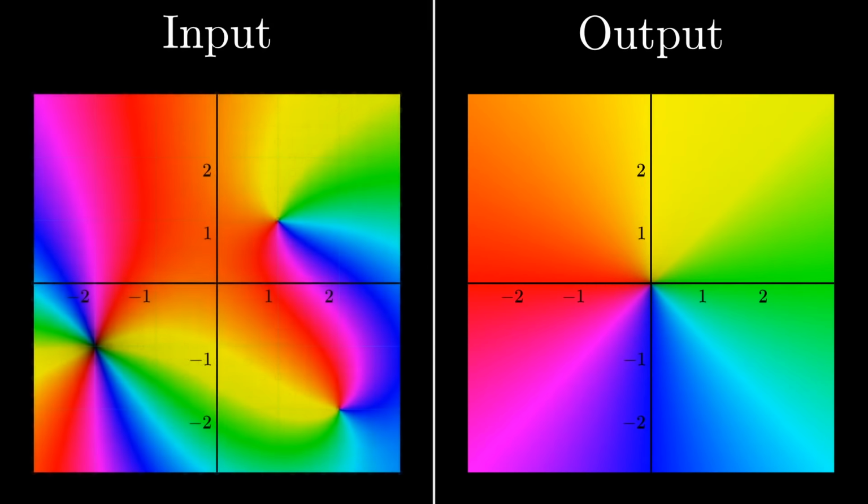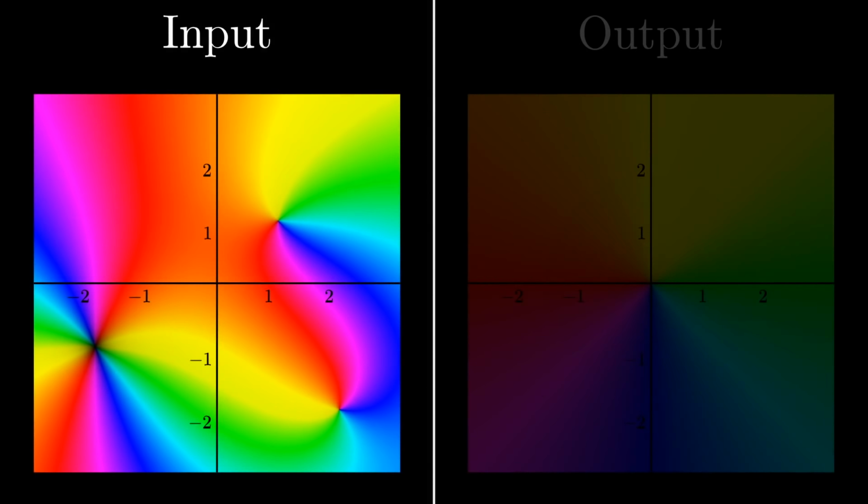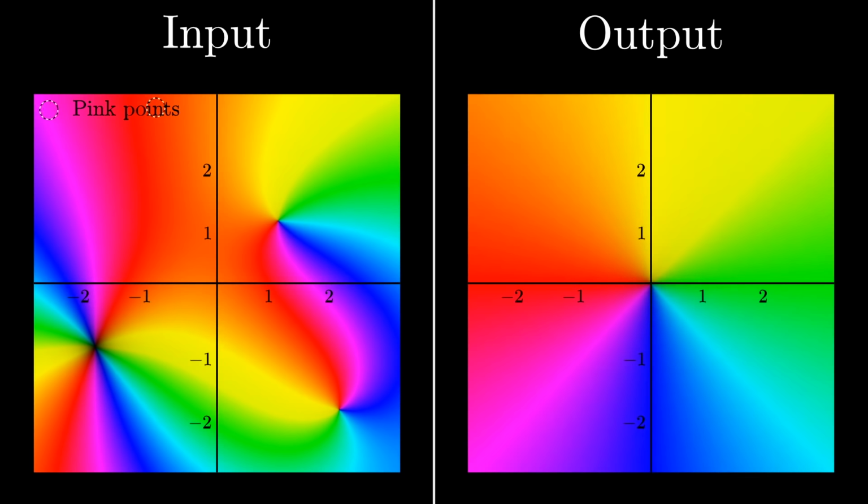Doing this for every point in the input space, you can get a sense just by looking at that input space for roughly where the function takes each point. For example, this stripe of pink points on the left tells us that all of those points get mapped somewhere in the pink direction, that lower left of the output space. Also, those 3 points which are black with lots of colors around them are the ones that go to 0.